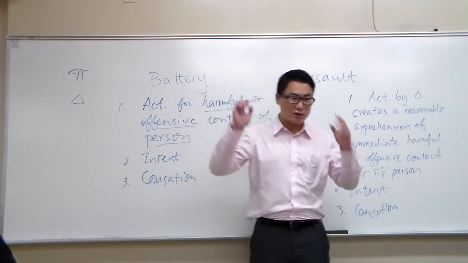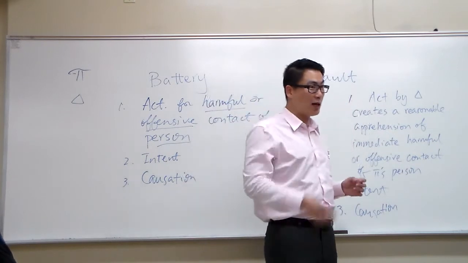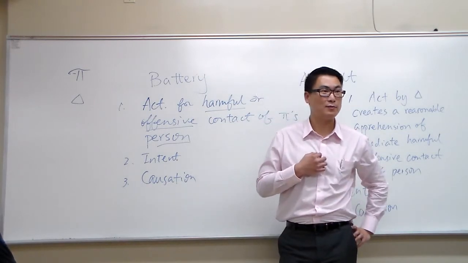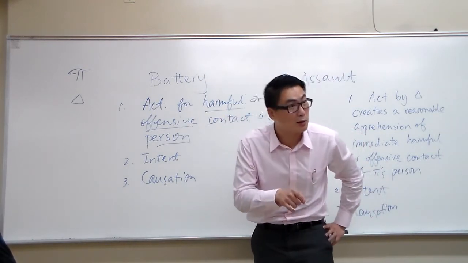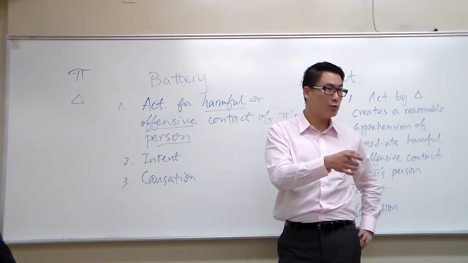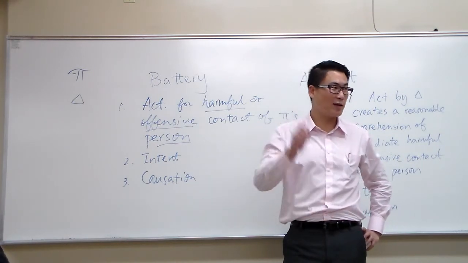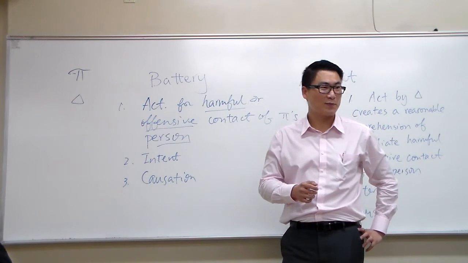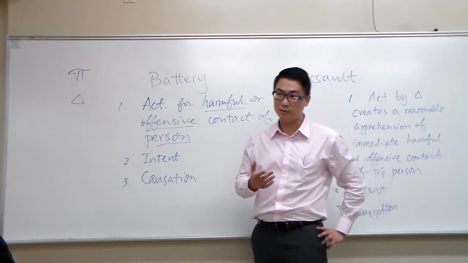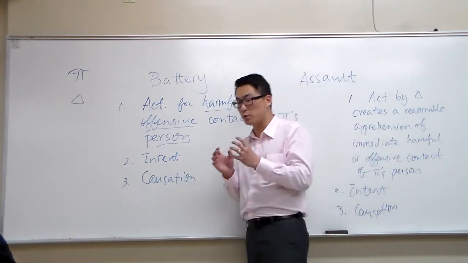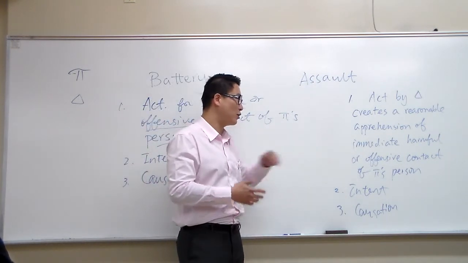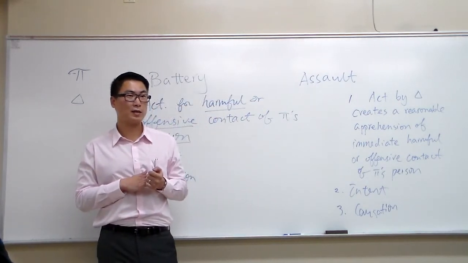Okay? So what if the kid is just waving a gun, not firing, just pointing a gun at you and saying, I'm gonna shoot, I'm gonna kill you. 4-year-old kid. Now can you sue him for yourself? Does it still look fake? Oh, still looks fake, just like a toy gun. But it's a real gun. You just didn't know. Well, since you don't know that it is real, I don't think you actually can. Okay, so that's why there's no reasonable apprehension that you believe the immediate harmful or offensive contact will happen to you. Okay?